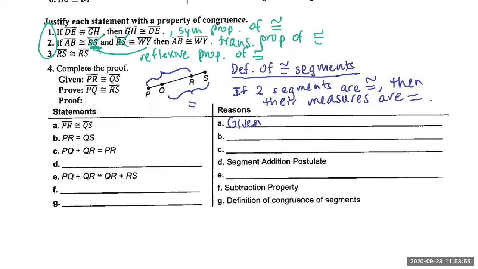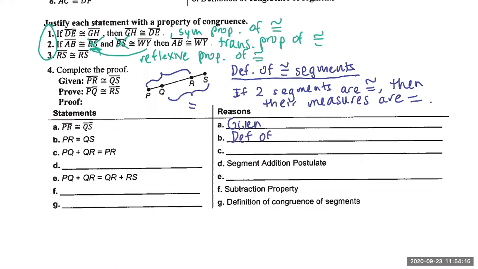The only given part was PR is congruent to QS. What else could it be? Look above, like something we just wrote down. Yes, which definition? Yes, good. So the definition of congruent segments allows me to say if two segments are congruent, then their measures are